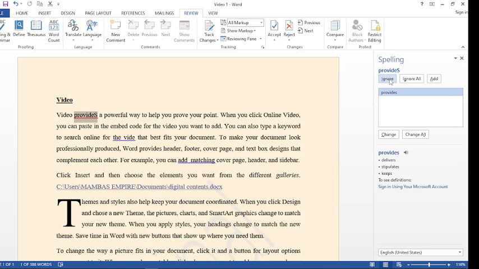Then we have Ignore All. You ignore all when you have that occurrence of the word, or the name Wamboi, throughout the document. You have like 5 occurrences. You have many occurrences of the same name, and because you know it's right,